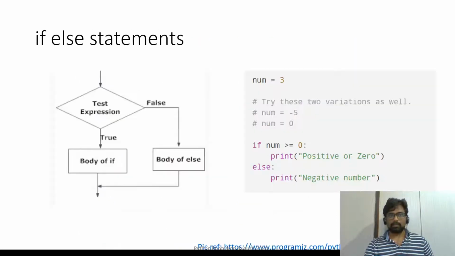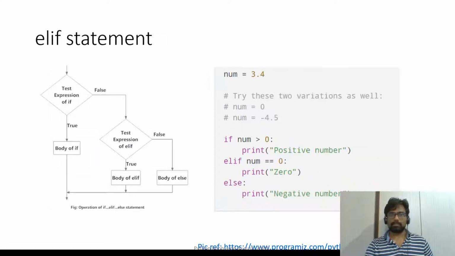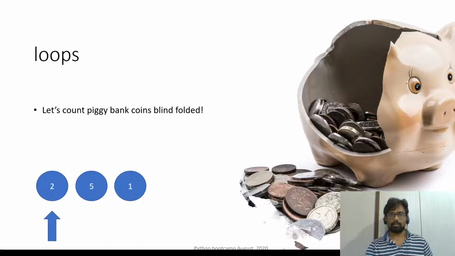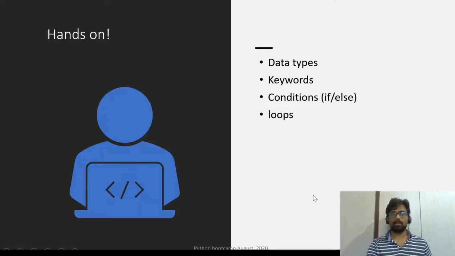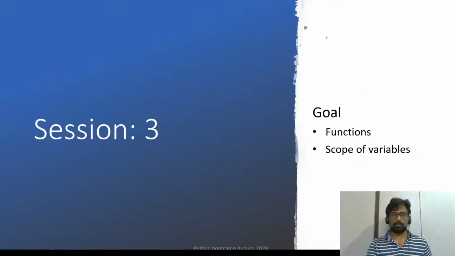So this list of keywords, if else statements, okay, there is nothing to remember. This is just logic. So loops, in Python, loops is very simplified. That means you just do for x in some iterable object, and then you just finish the looping. So in order to explain loops to anybody else, remember how we counted coins. So that is about that.